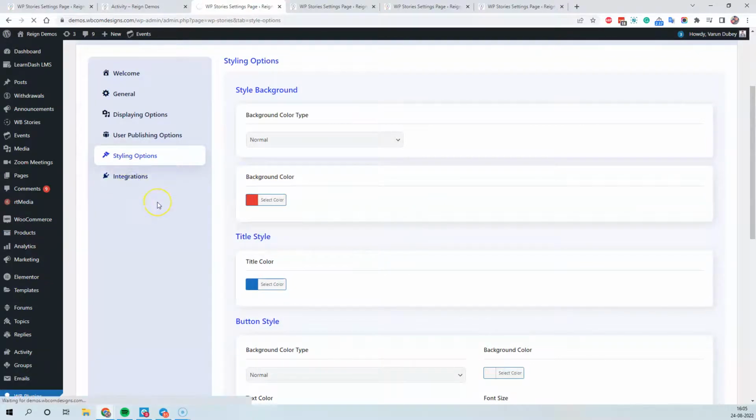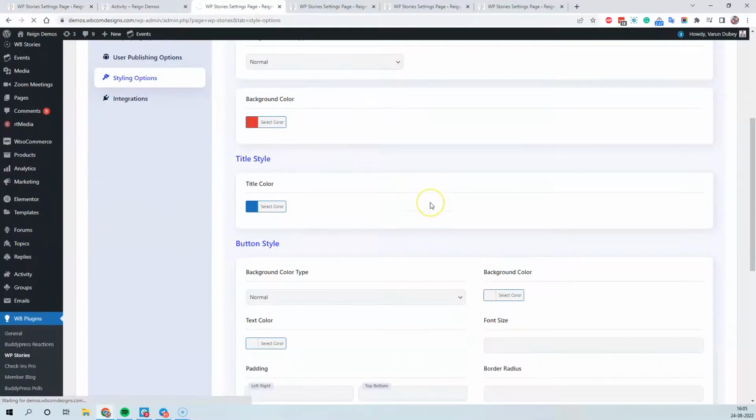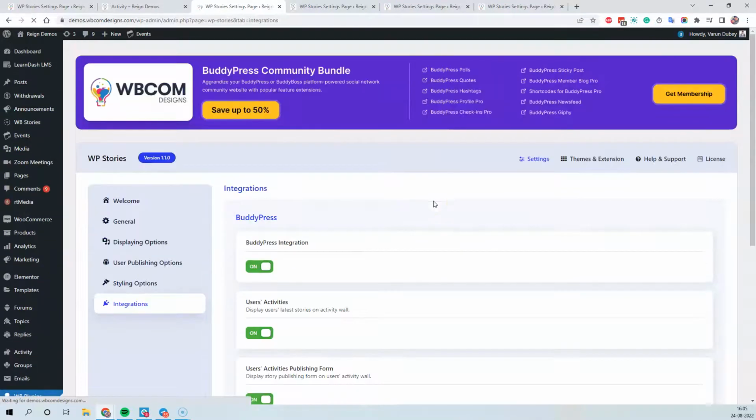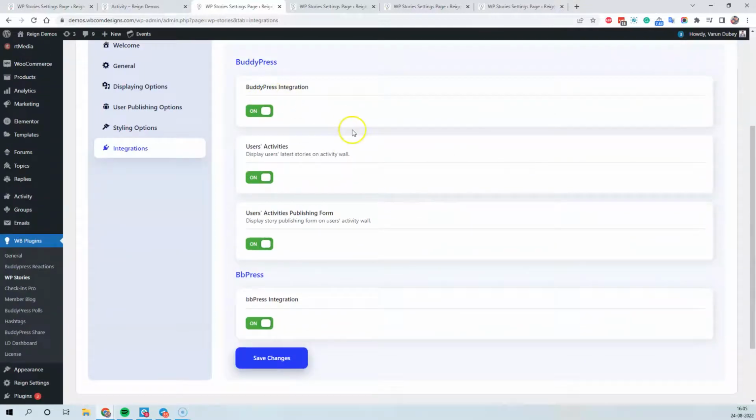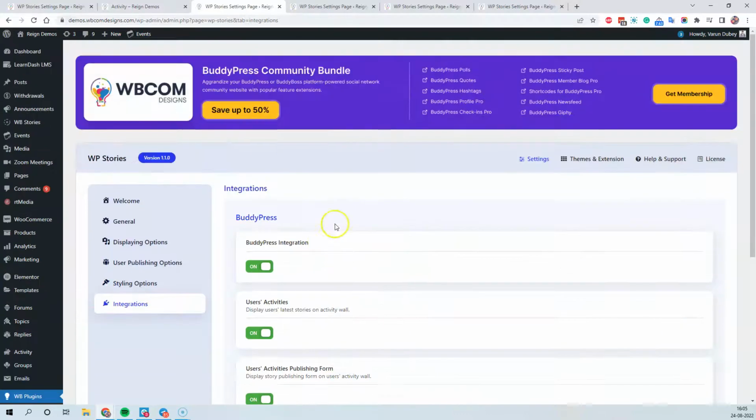For the integration point of view, the plugin supports BuddyPress, BuddyBoss platform, and Peepso. So based on which plugin you have activated, you will get these options here. Right now on my website, I have BuddyPress enabled. That's why these options are enabled by default. And you can also check with the BuddyBoss platform and Peepso as well. Okay, now from the front end point of view,